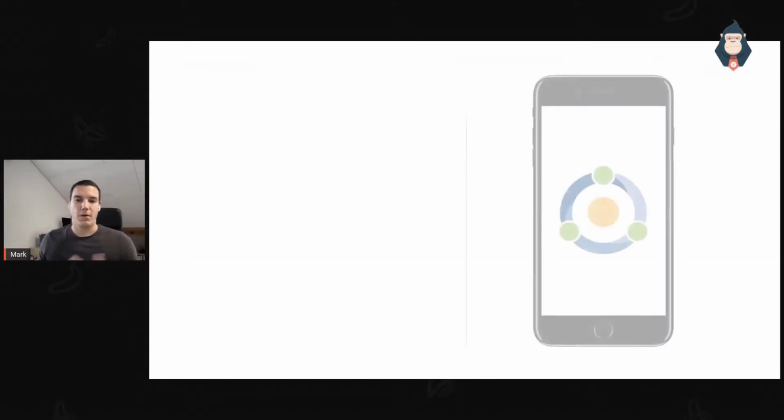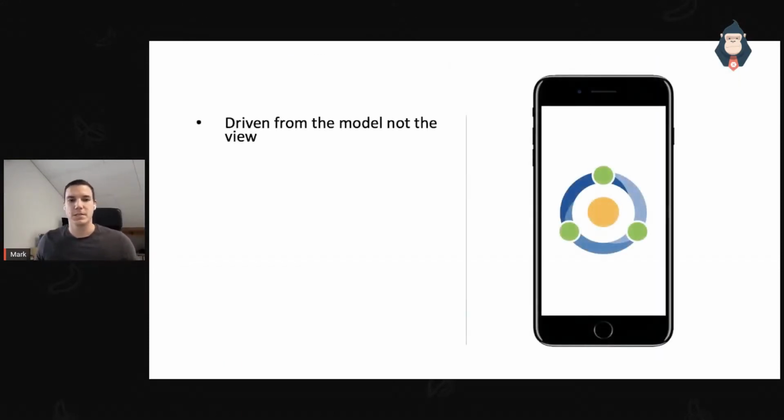How I like to think of the Fabulous framework is that everything is driven from the model and not the view. If we think about Xamarin.Forms, we always have the view or the page, and then you have the view model attached on top, and that calls into different services. Here we always drive our change from the model. So the model always represents the entire state that is currently in our app. All state changes are defined with messages.